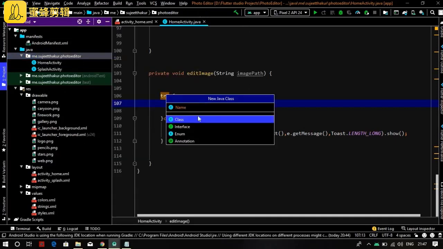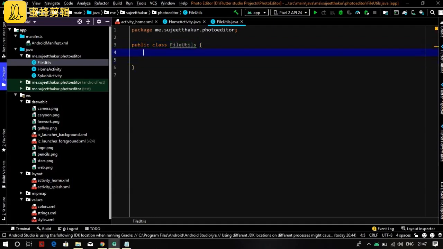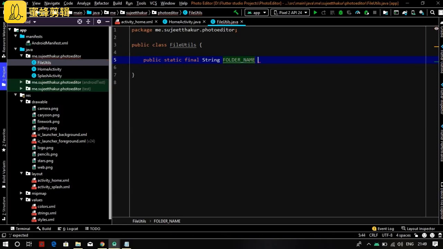Let's call it FileUtils. In the FileUtils class, write here: public static final String folder name equals photo editor, and add a semicolon at last.